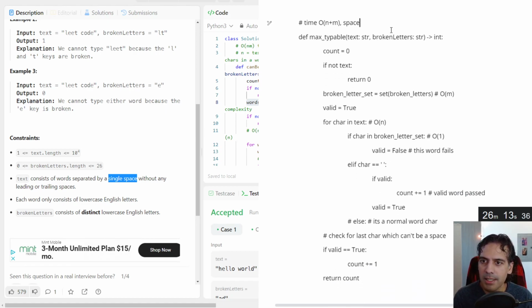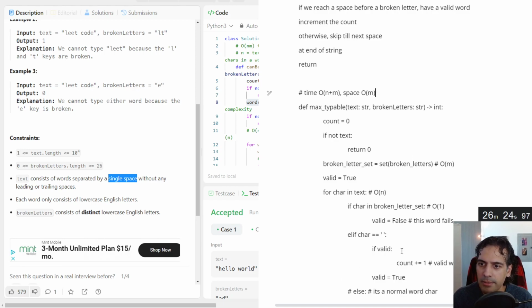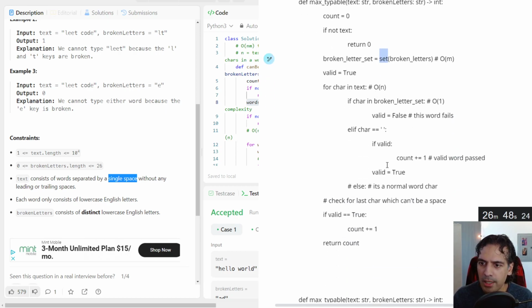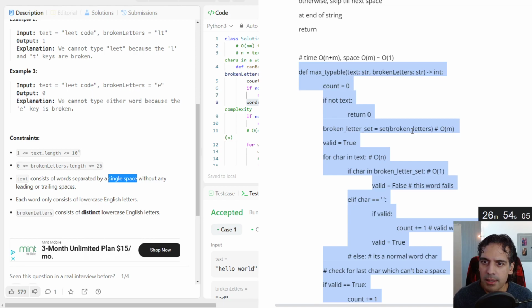Time and then space is O of m, because we're building a set of the broken letters. And actually, since broken letters can only be unique characters, that's equivalent to O of 1 when we get it passed in, because it's unique lowercase letters, which can be 0 to 26. So we might be able to argue that this is constant space in this case, especially after we take only the unique values of it. O of n, O of 1, count is +1. That's constant. All right. Feeling relatively good about this.